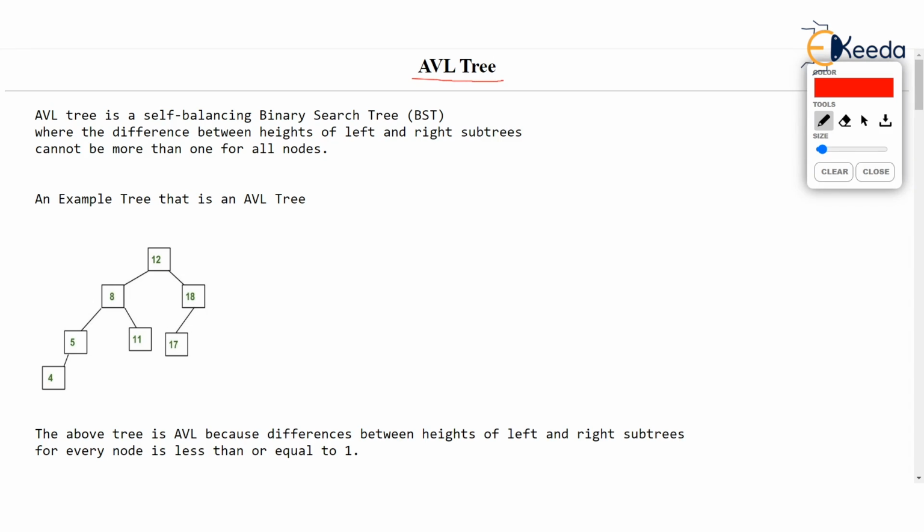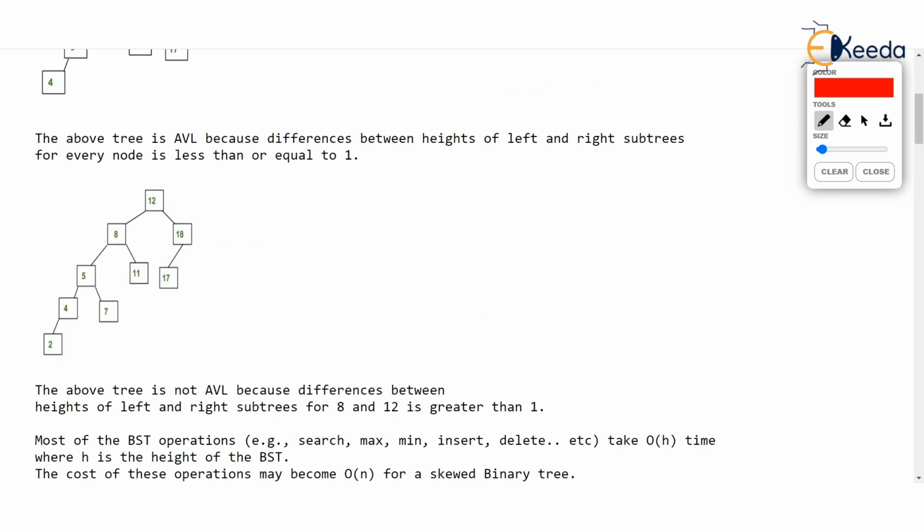In the previous video, we saw what we mean by a balanced binary search tree. When is the binary search tree balanced? We saw an example where the binary search tree is balanced, and an example where a binary search tree is not balanced. We also saw that to check whether the tree is balanced or not, you should check the nodes from the bottom level, and level by level go up and check the first node which is disobeying the rule. The rule was that the absolute difference between left height and right height should be less than or equal to